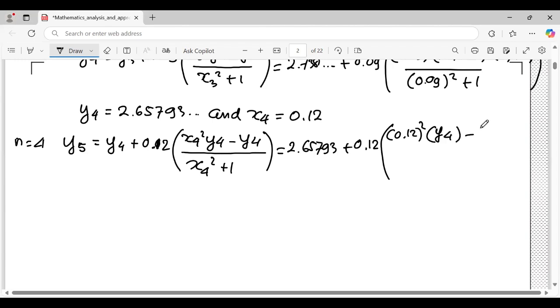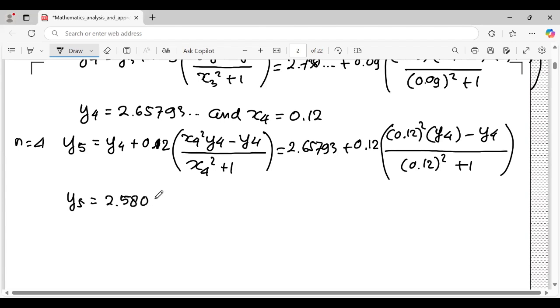You can substitute the number minus y4 and 0.12 squared plus 1. And if you calculate, the result is y5 is 2.58046 and x5, okay, x5 is